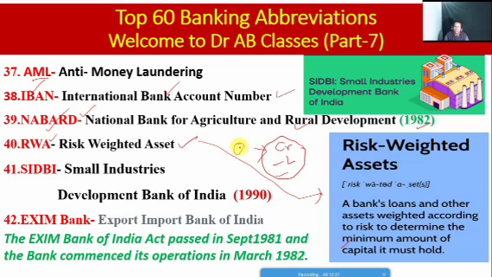So friends, for your kind information, I have already posted one video on the different types of risks and the basic difference between systematic risks and unsystematic risks. Kindly go through the posted video. Then what is the full form of SIDBI? It's the Small Industries Development Bank of India. Its establishment year? It's 1990. Then Exim Bank, friends, it's the Export and Import Bank of India.